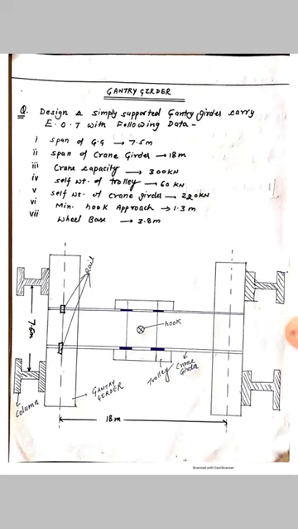Up till now, we had covered some theory part in the class and started a numerical based on it. But now we'll start a new numerical because for those students who were not present in the class, it will be easier for them to understand from the beginning. So, in this question, it is given that it is a simply supported gantry girder carrying an electrically operated crane with some data that are mentioned in the question itself.